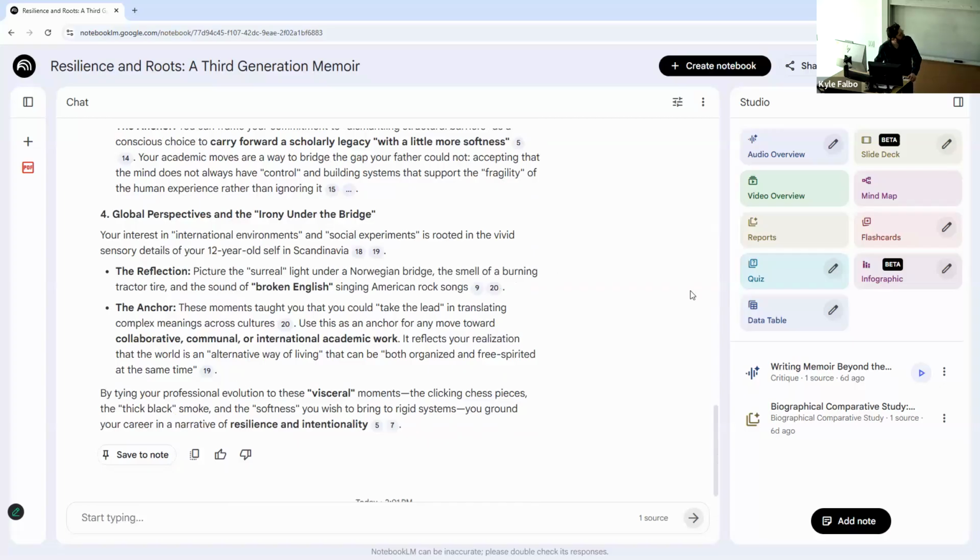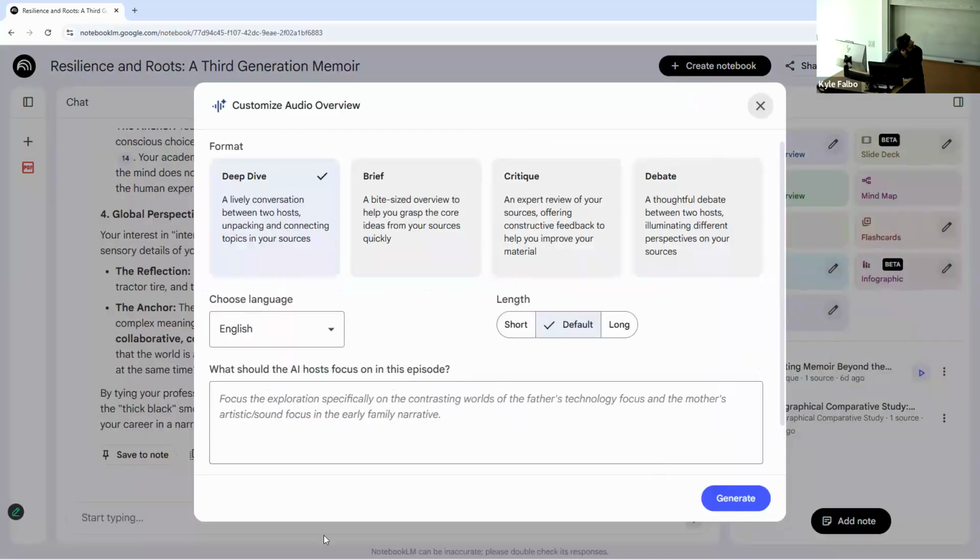Okay, so then what did I do? Well, okay, I did this critique piece. And so I think it is this one here. And that prompt that I shared is the prompt that I added. I'll show you what it looks like here, just so you get a sense. I have this audio overview.